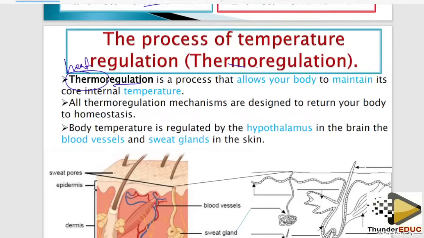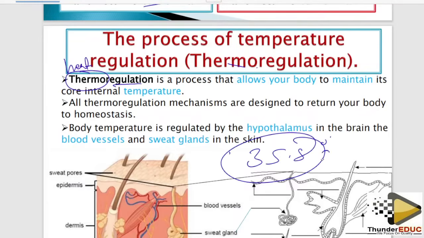Remember that we are endotherms. We're supposed to keep our internal environment constant. That's why thermoregulation is also an example of homeostasis. It's supposed to be kept constant. Above it is a problem. Below it is a problem. Meaning that we're supposed to regulate at